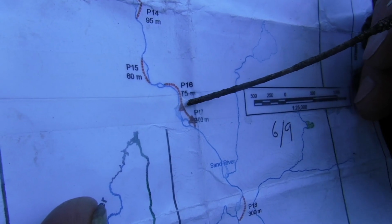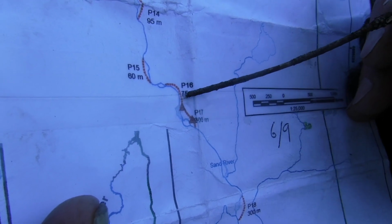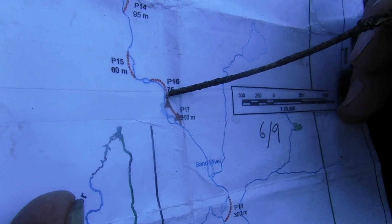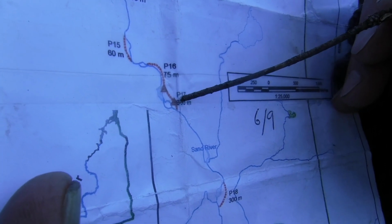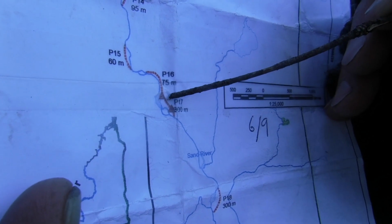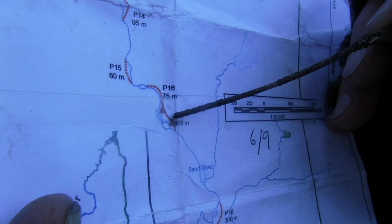It was pretty class 2.5, 3, maybe even 4 with boulders all over the place. So the portage starts just 10 or 30 meters before the rapids, and again it's easy to see, but it definitely doesn't start there. That portage was indeed those 75 meters onto a nice sand beach. We put back in the water for a couple hundred meters, and then again an obvious takeout, and no problems there,